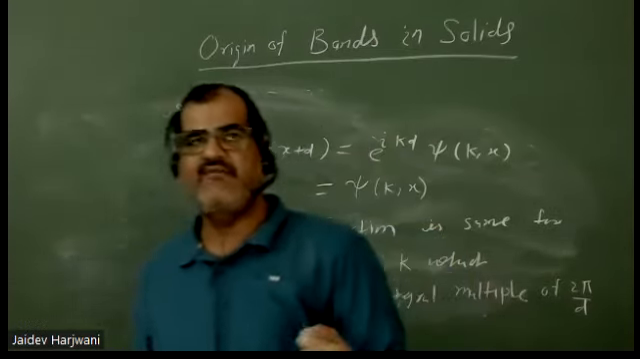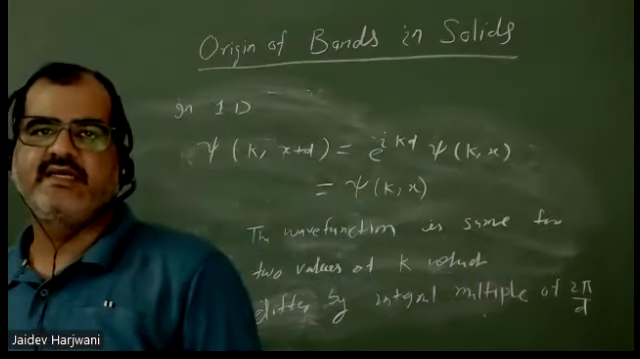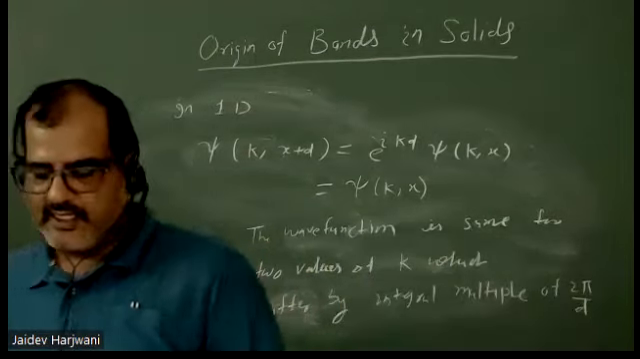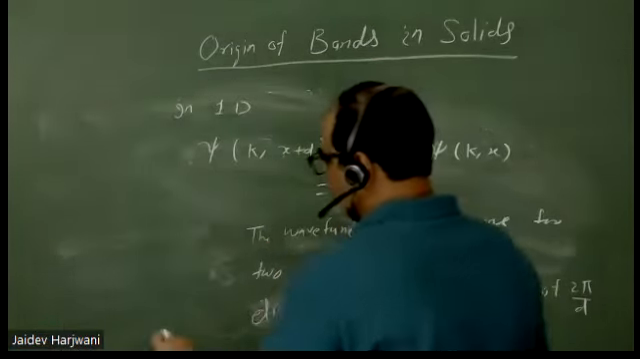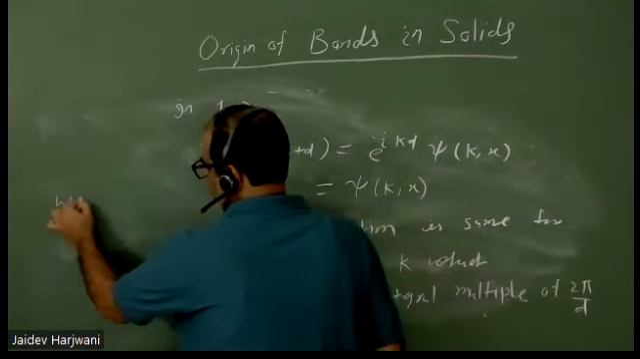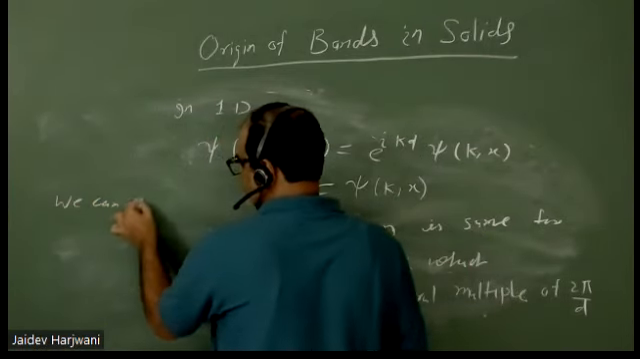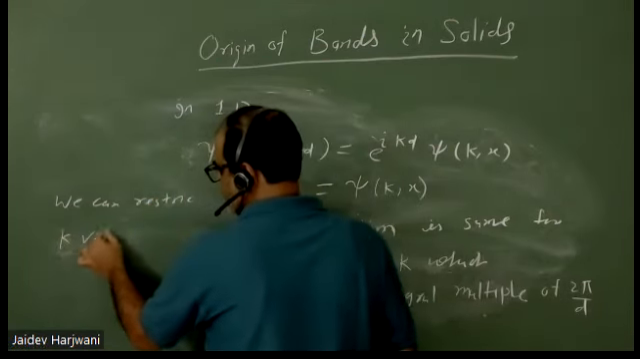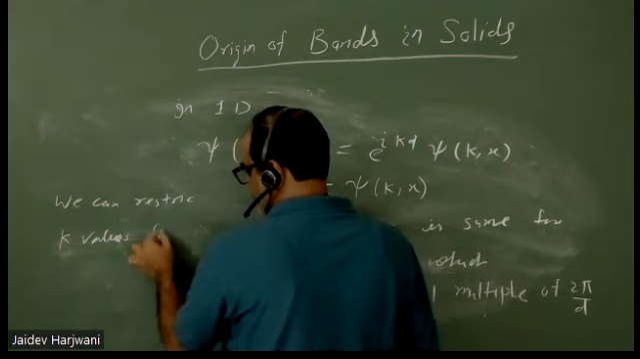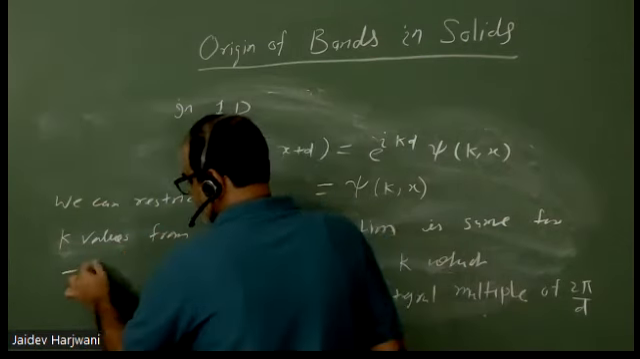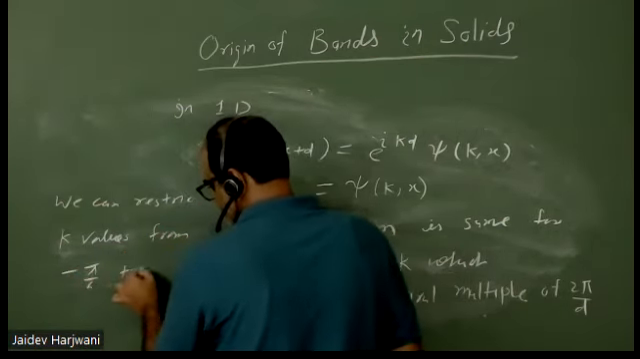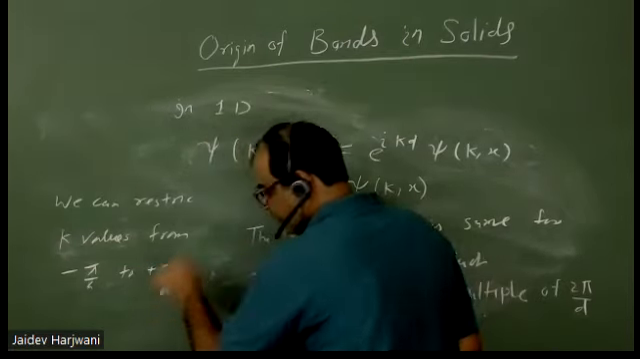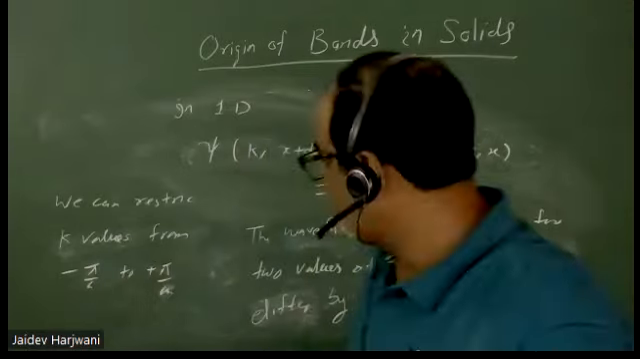Okay, that time what we did, we restricted our k value between minus pi by a to plus pi by a. Similarly, we can restrict k values here also, from minus pi by a to plus pi by a. One thing is this. Second thing,